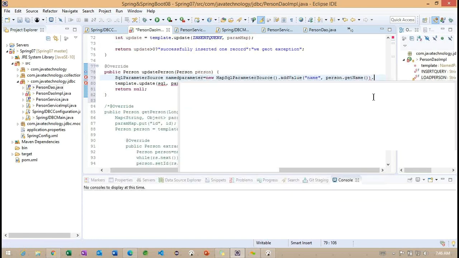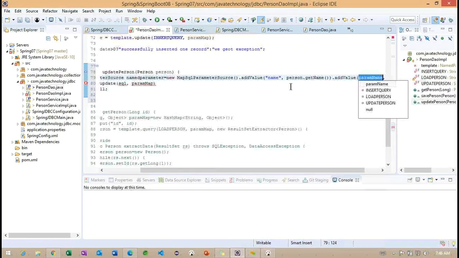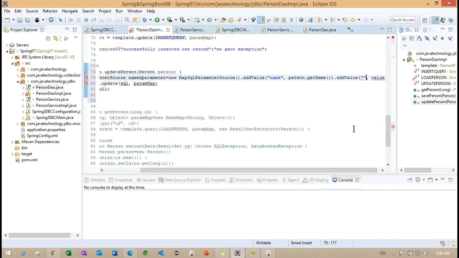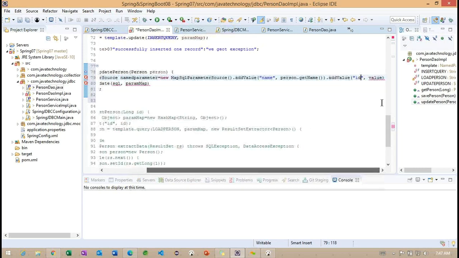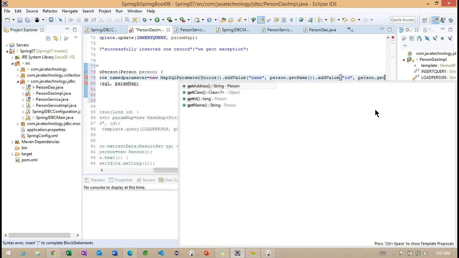And again I'm going to add a value. Here the second condition, person dot get ID, and go back to this.